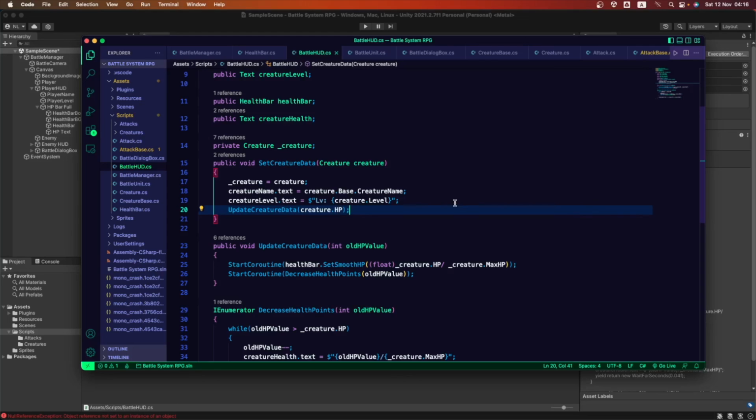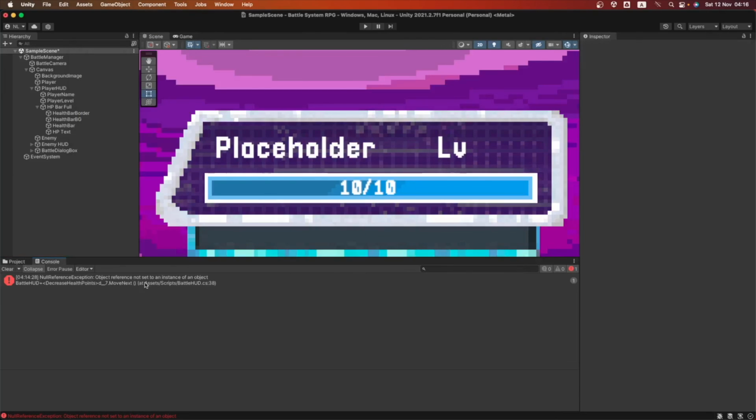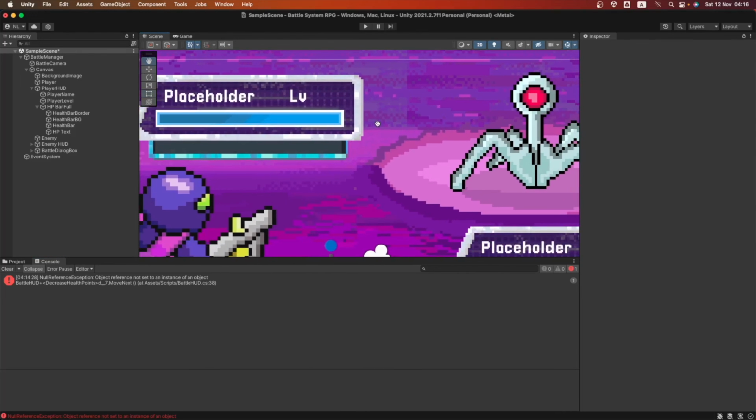Let's save that one. And don't worry if you are getting this error for now. This error is related to the HUD of the enemy. The backend of the game is trying to update some data here, and there is no text assigned there.